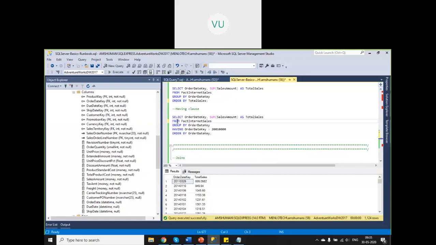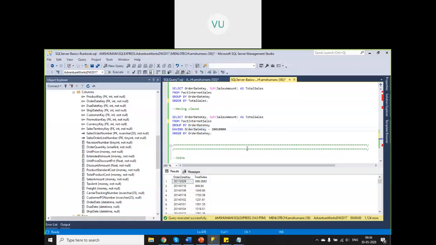And what is the next one after from? There is no where clause. What is the next one? Group by. So you are grouping by this particular column's values. Having is a condition applied for each of these groups. And when you say having, it has to be one of the group by columns only. It can't be anything else. So group by this column and having this particular value greater than some value.